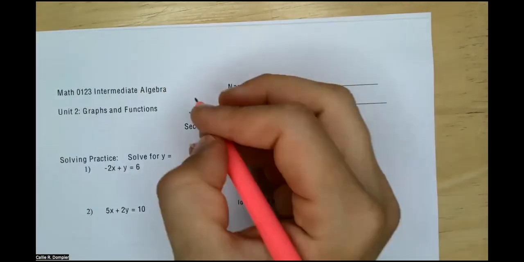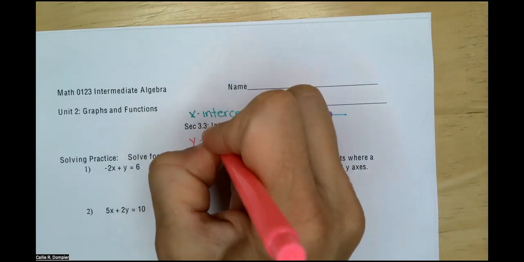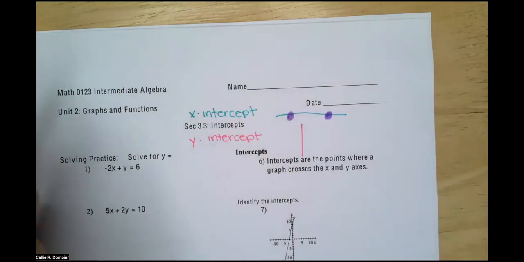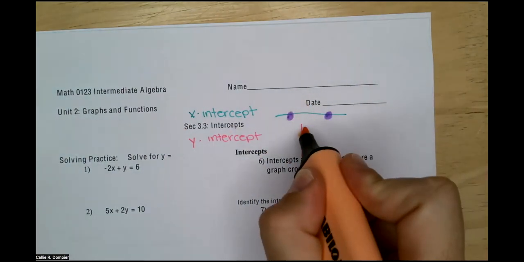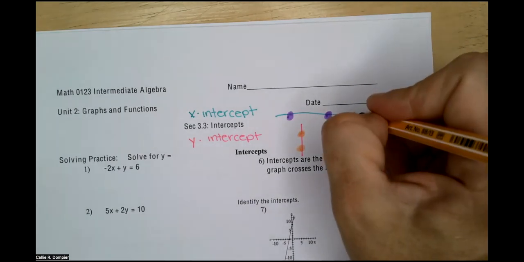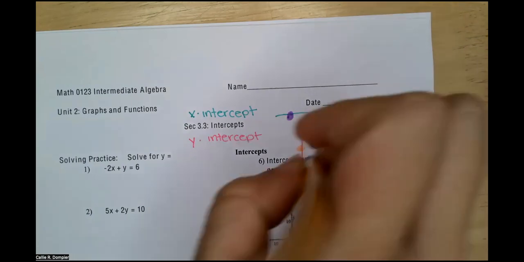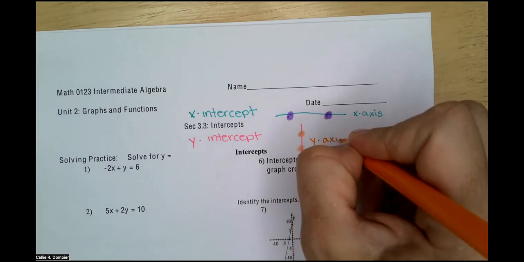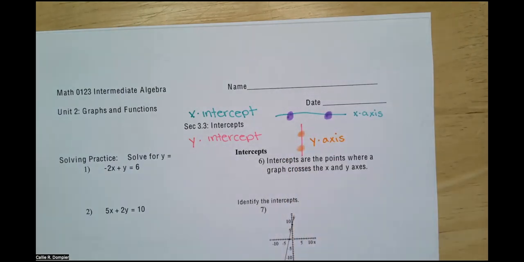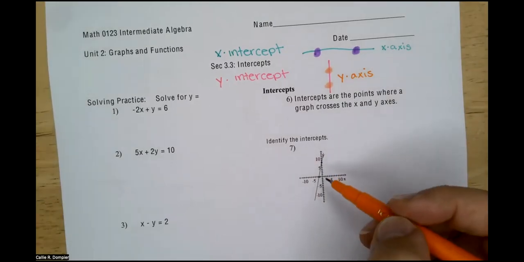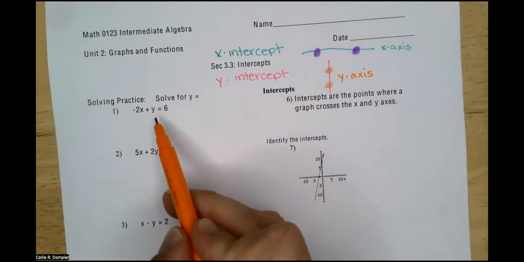And we have y-intercepts, which are going to be along what is called the y-axis, right? So this is the x-axis, and these will be along the y-axis. All right. So if we want to find the intercepts, we want to find out where a line, an equation